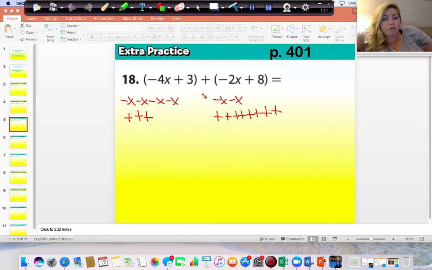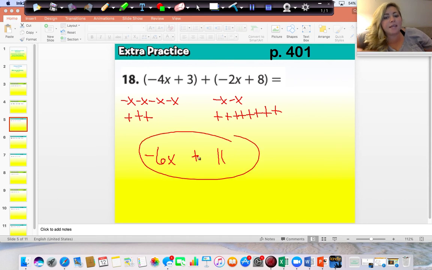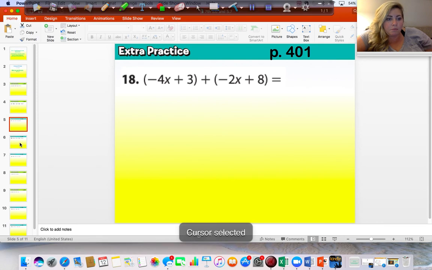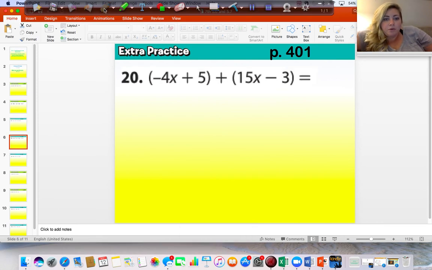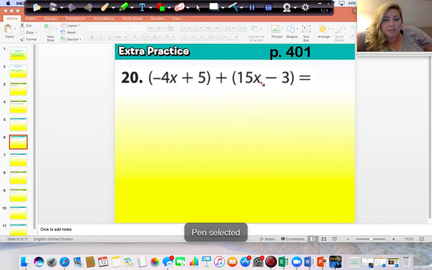Okay, so together I have a total of 6 negative x's, and I have a total of 8 plus 3 gives me 11. So negative 6x plus 11. So here I've got negative 4x's plus 15. So negative 4x's